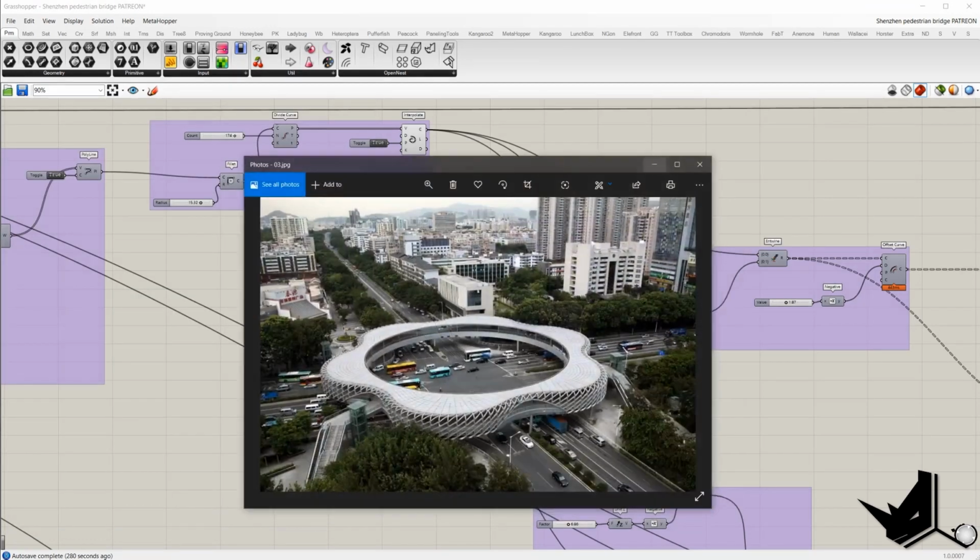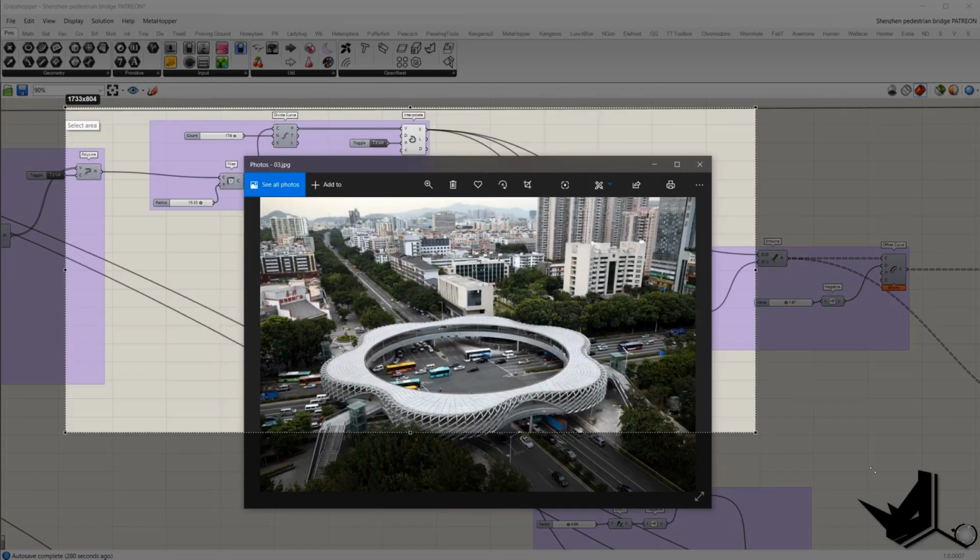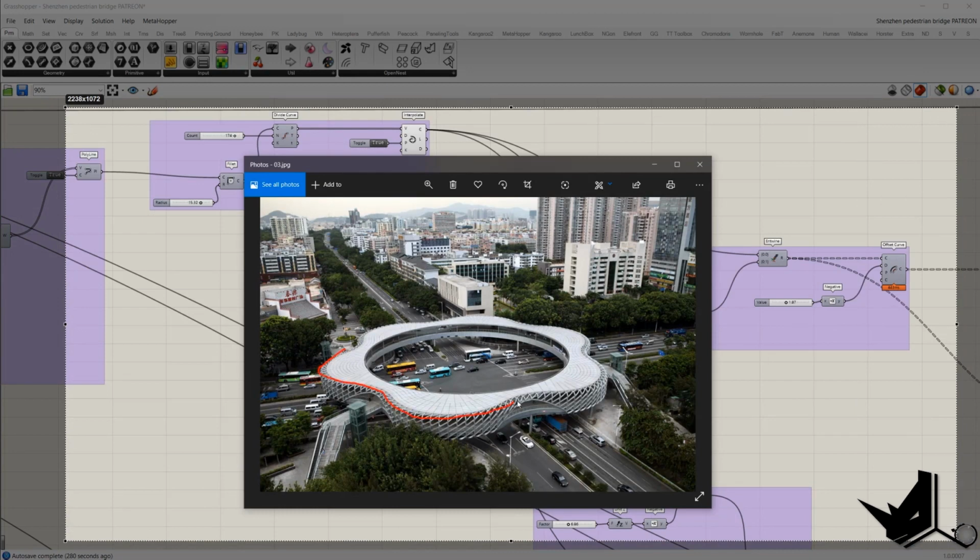All right, let me open this reference picture. So far we have this curve, so this one, we have the circle, and our idea is to create this side surface on which we'll later on apply surface division in order to create these panels. To create the side surface, we will move this curve along a z vector. So we'll have one more curve like this, and both of these curves will offset,